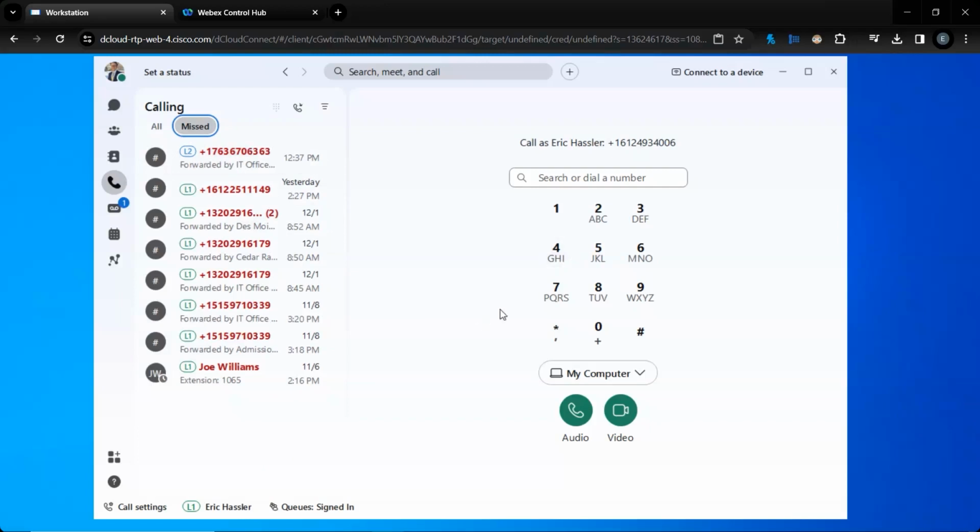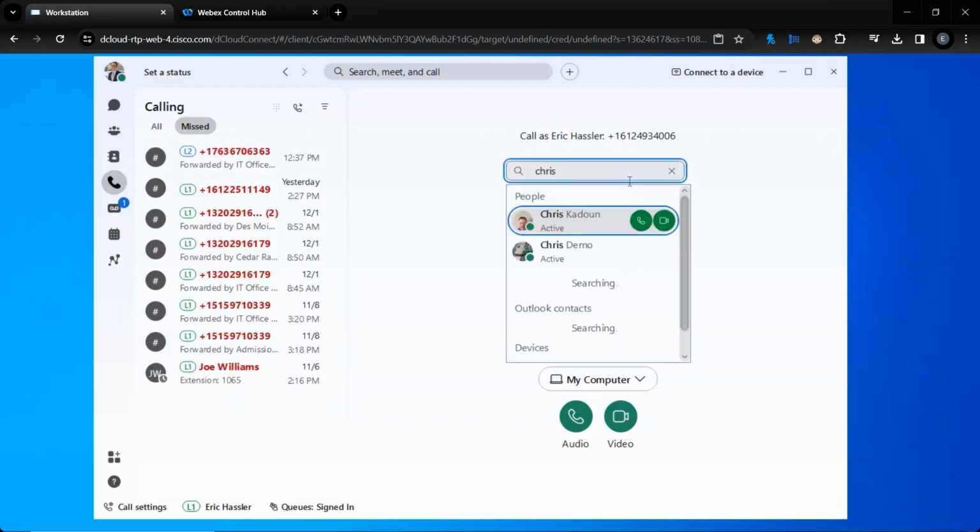On the right side, we have the dial pane. I can type in the box to type the phone number. I can click on the buttons, or as most customers start to move away from utilizing things like the actual phone number and extension, I can just search by someone's name. And again, you'll notice that same status pulls through, allowing you to have more efficient communication, because at a glance you can see, hey, was Chris already on a phone call? Probably not going to want to call him right now because I know I'm just going to land in his voicemail anyway.